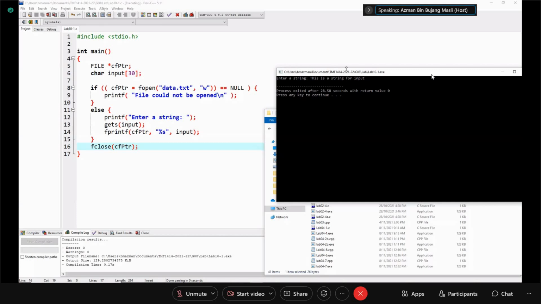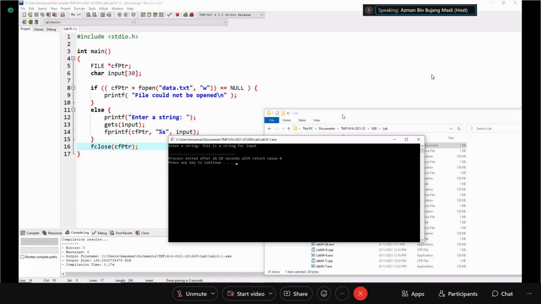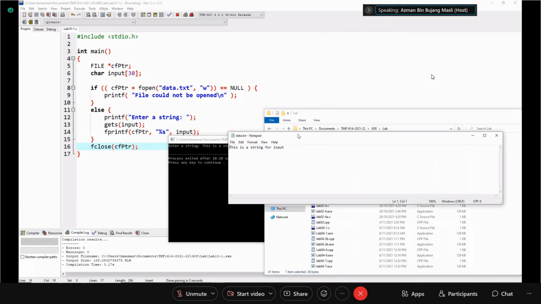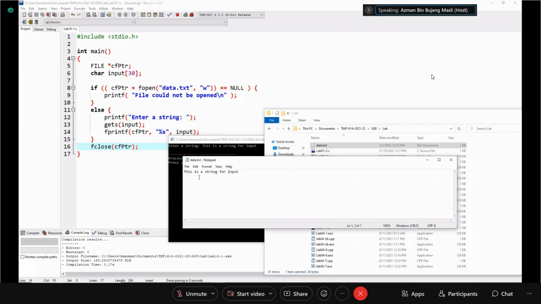If you look at the content of the file here, this is what we input just now: this is a string for input. We have successfully written to the file, the data input by the user. Understand, class? The first one, just to write to the file.